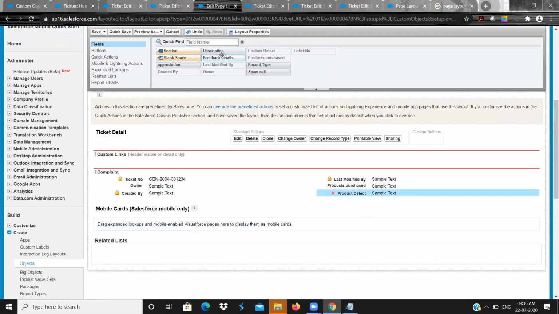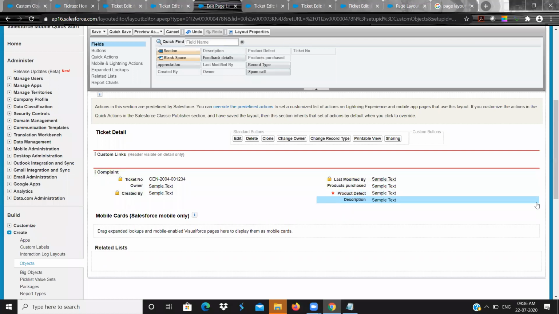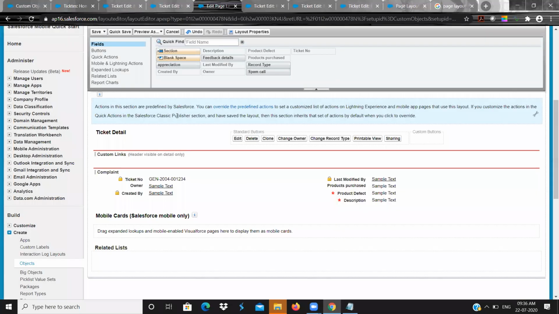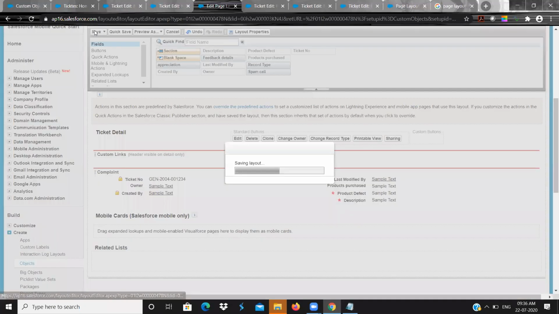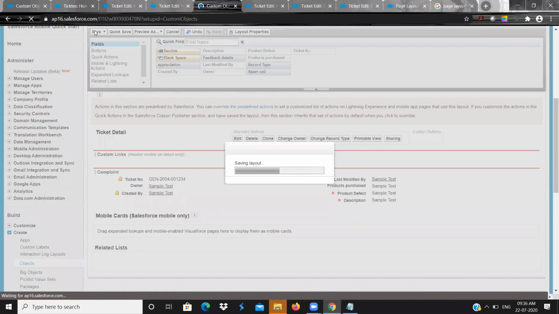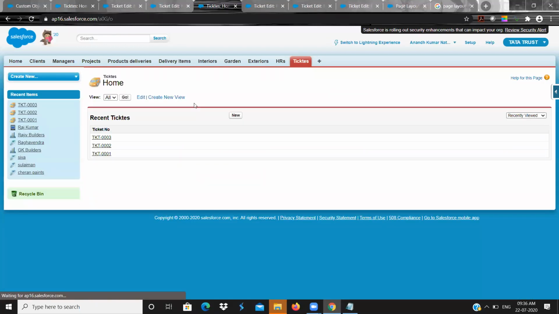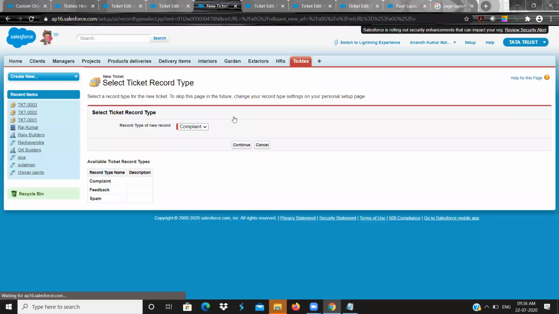I am also dragging and dropping the description field, and making the description field required as well. Click on save. Now I go to tickets, click on new ticket, check complaints, and click continue.